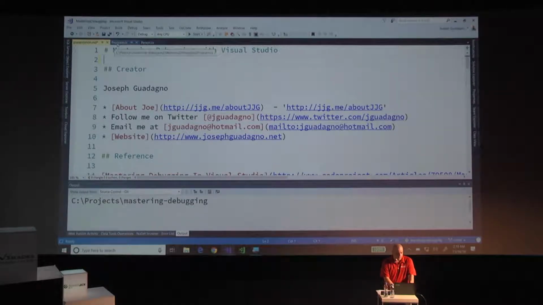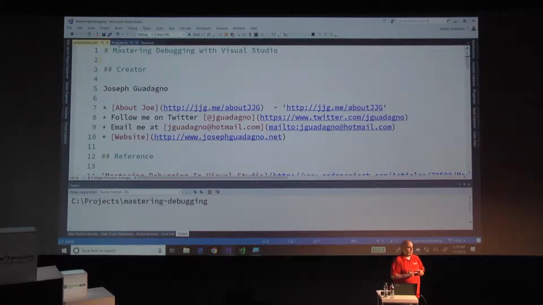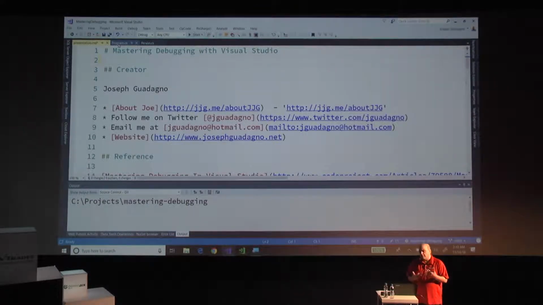So we're going to step right into it. The purpose of this talk is to kind of introduce people to debugging. We're going to start from some of the very basics and get to some semi-advanced stuff. If we have enough time, maybe some really advanced stuff to try to help you become a more efficient developer. I know when I first started, I struggled a lot with trying to figure out what was wrong with my code. In a lot of cases, we do